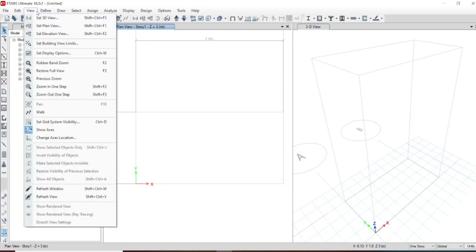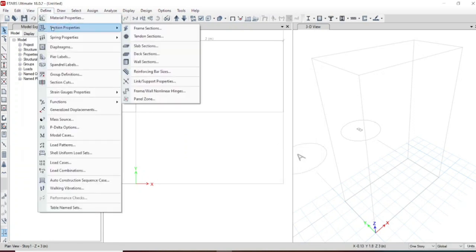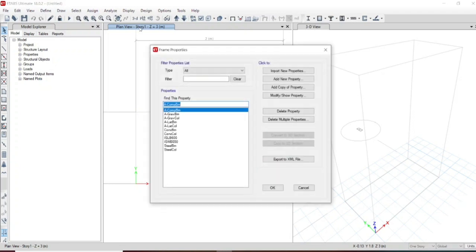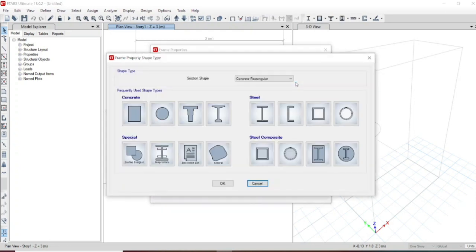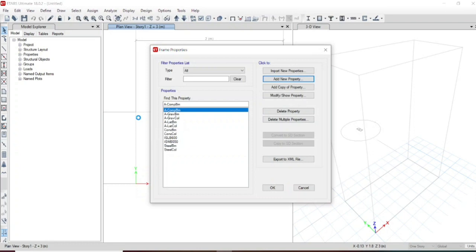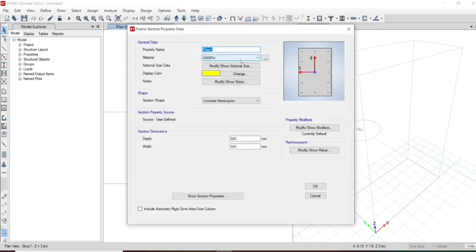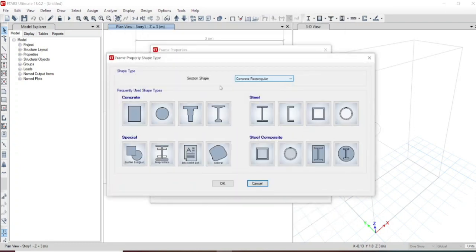Now we have defined the material properties, and let us provide the sectional property. Here let us add a property, concrete, and add a new property.